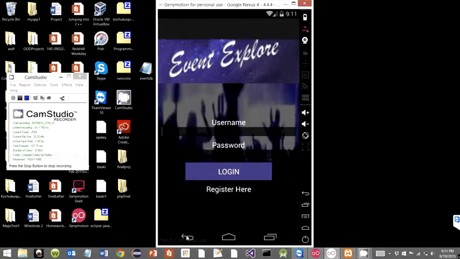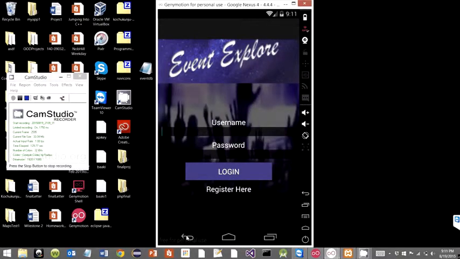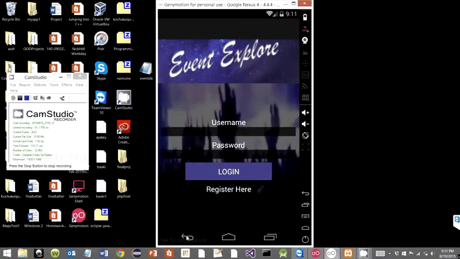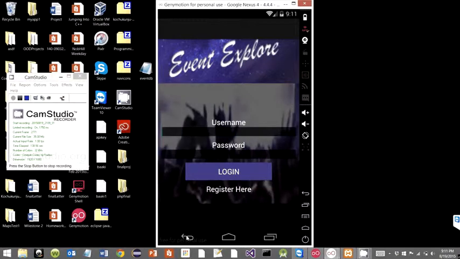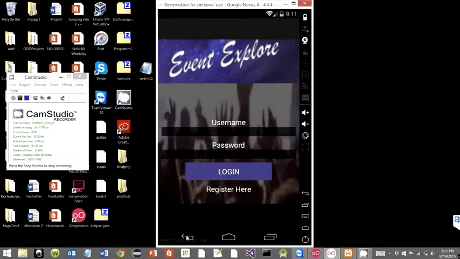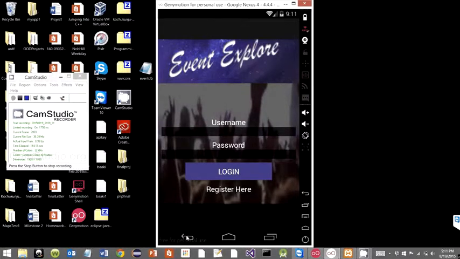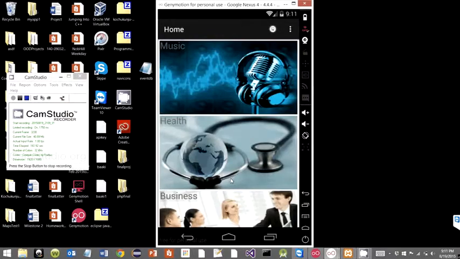Basically, the login is achieved by using shared preferences. If the user has logged into the app, like most apps, it stays logged in till he hits the logout button. His credentials will be saved in the shared preferences. So let's say he's a registered user and he's trying to log into the app now. Now he is being authenticated, and we reach the main activity, the main categories list,